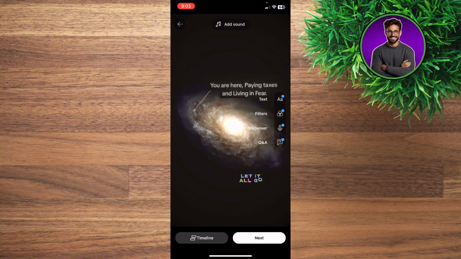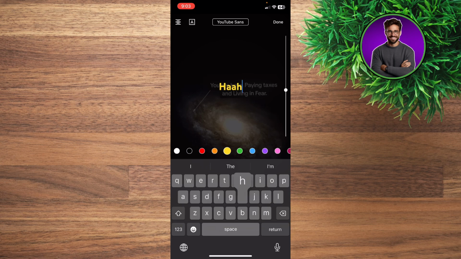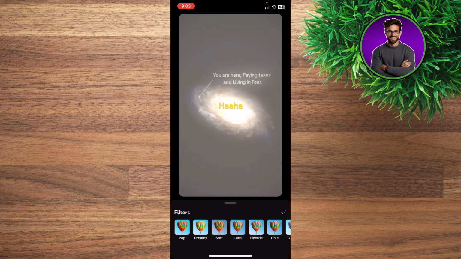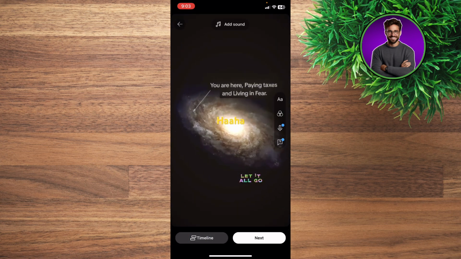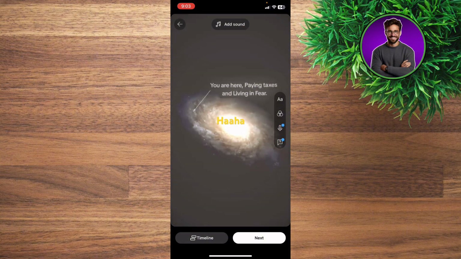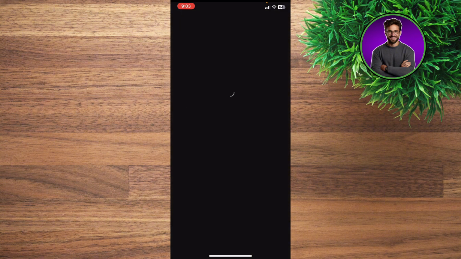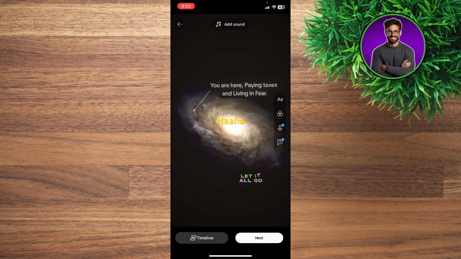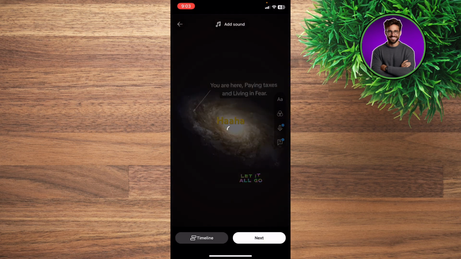If you want to add text or something like that, you can go ahead and add any text, and you can add a lineup or whatever it might be. Here you're going to see the filters if you want to add filters, and the mic if you want to add a voiceover, and add sound if you want to add music from the music library. Then hit next right here, and you're going to be able to upload the short